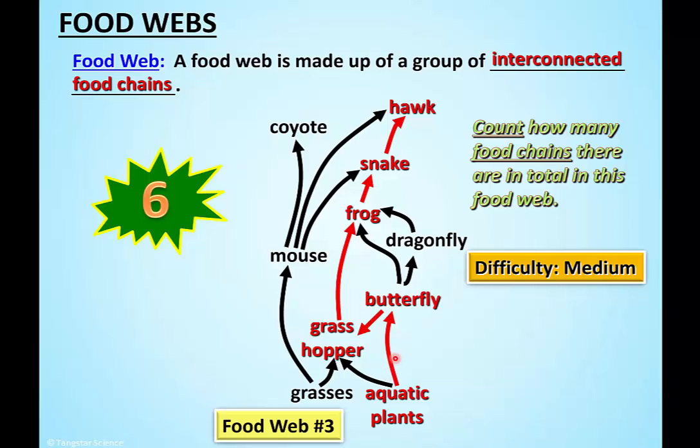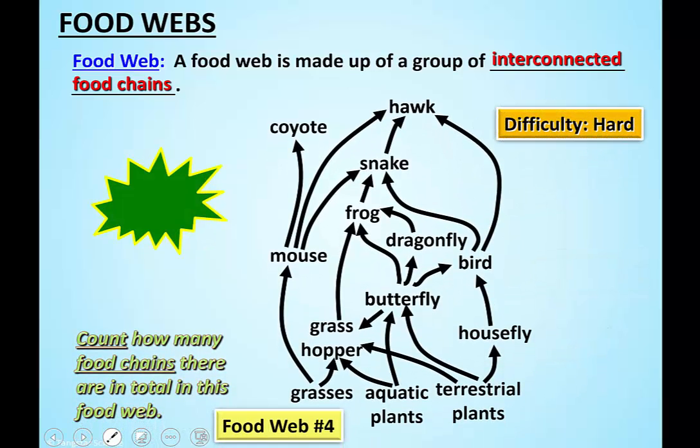Here's another one. Now this one is a little bit trickier because the aquatic plants can also be eaten by the butterflies. And then the arrow goes down here. So the grasshopper eats the butterfly, and then the frog eats the grasshopper, and then the frog gets consumed by the snake, which gets consumed by the hawk. So that's a little bit trickier. How about this one here? Straight up like that, that's another food chain. And the last one, we've got 8. Here's the last one. I hope you got 8, because if you did, you're going to move to the next one,